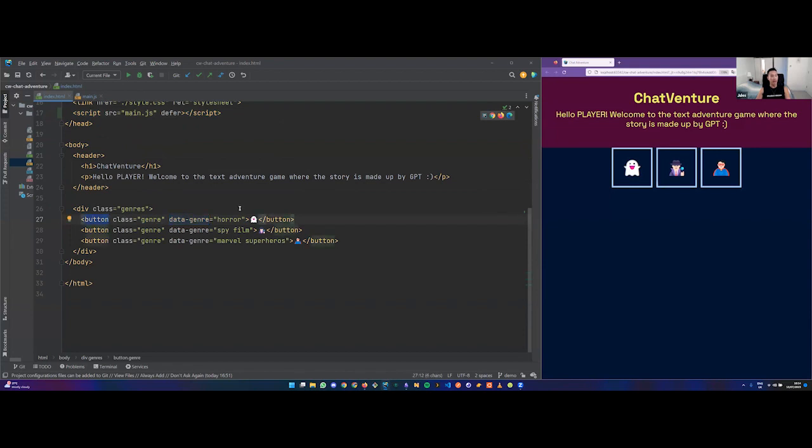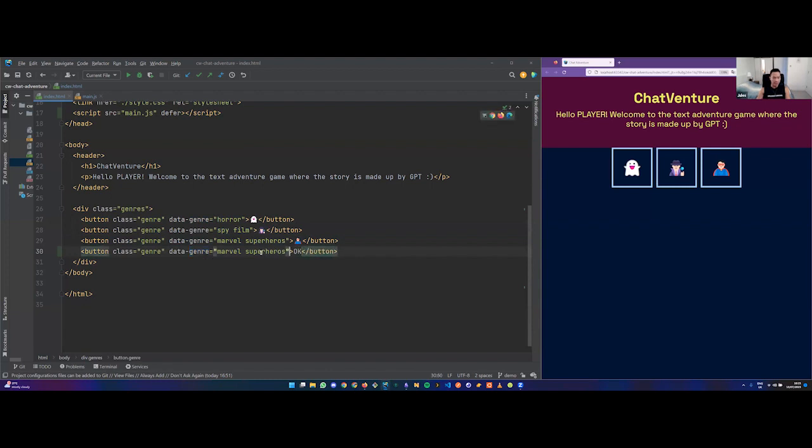So any HTML element can accept a data-whatever as a custom property you're adding to that element. So that's why I've got for the first one horror, the second one spy film, and the third one Marvel superheroes. So if, for example, I wanted to add another button, but this does something else,